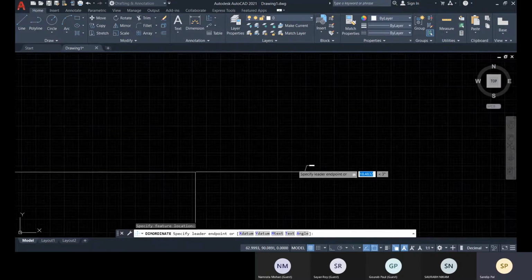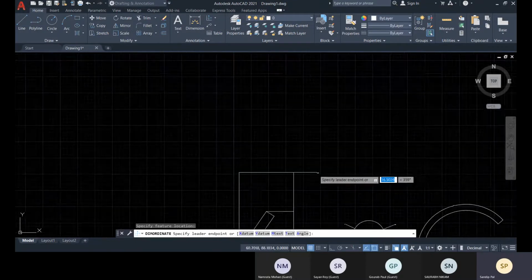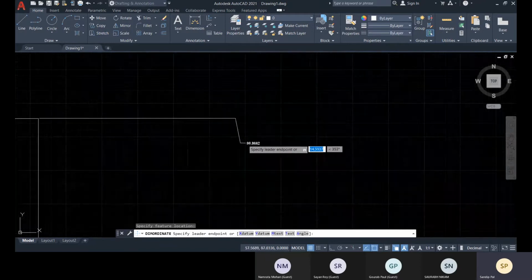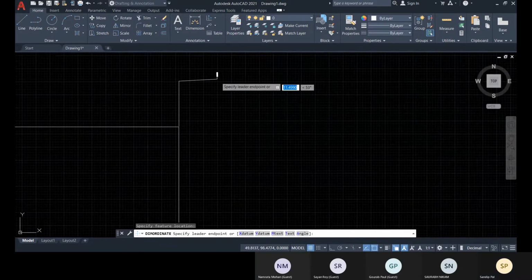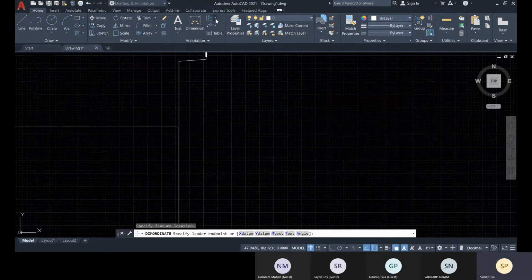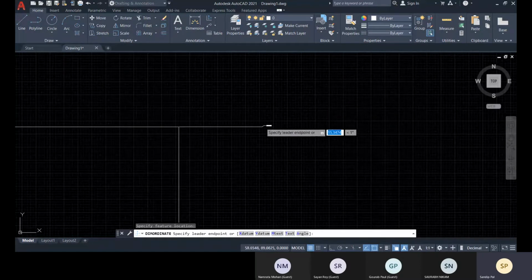And if I place horizontally, in the X direction, it will show you the value of Y. Okay, so at a time you cannot get both, so for that you can specify two ordinate dimensions. All right,